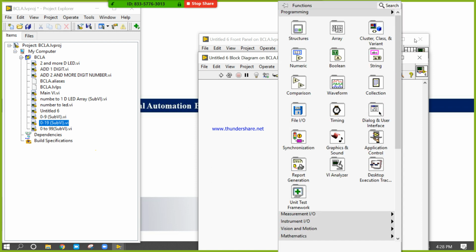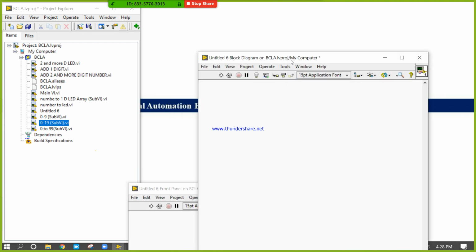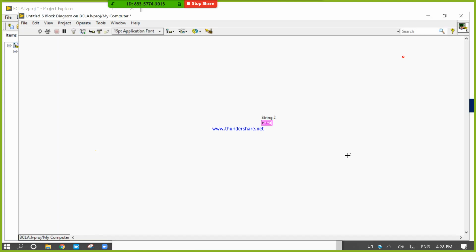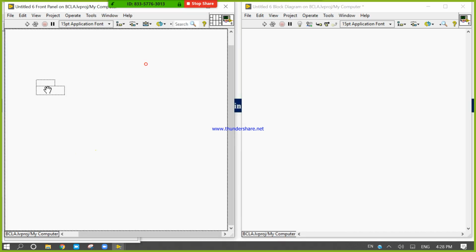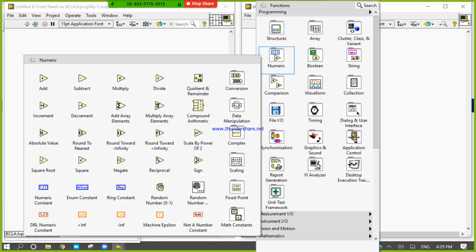Okay, let's see. Untitled VI. Look, it is a very easy procedure. 0 to 999, take numbers. After that, come to the block diagram.